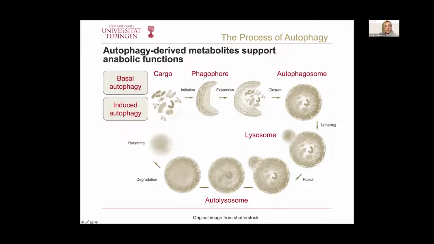Now, basal autophagy occurs on a very low level constitutively. And that's very important, especially for non-dividing cells like neurons, where unwanted material is degraded through this process. And on top of basal autophagy, autophagy can be induced upon cellular stress, and nutrient starvation, glucose starvation is one of these inducing signals. And then we have two types of autophagy, depending on how the cargo becomes sequestered in the autophagosome.